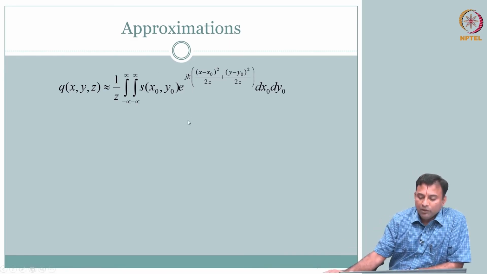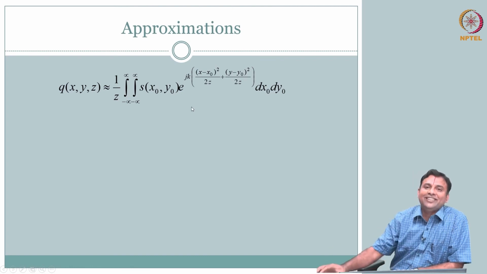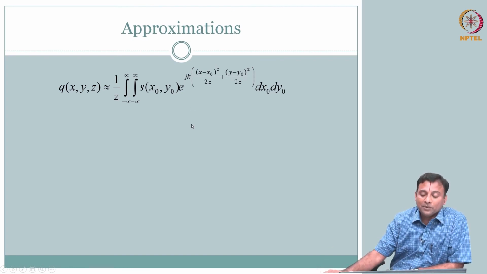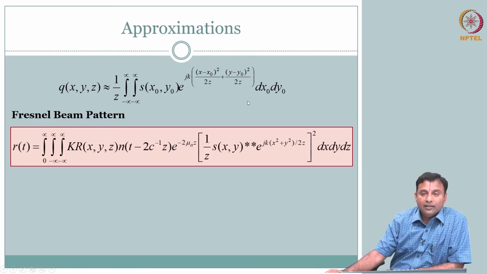But how do we simplify this further? Do you see anything here that rings a bell? Have you seen this formulation somewhere? A double integral, you have an exponential with, of course, dummy variables x naught, y naught. In your formulation usually you have x and y and the shift will be x naught y naught, it is just a different variable. But conceptually, what is this capturing? Okay. So this is your Fresnel beam pattern. We will just recognize that this is akin to your